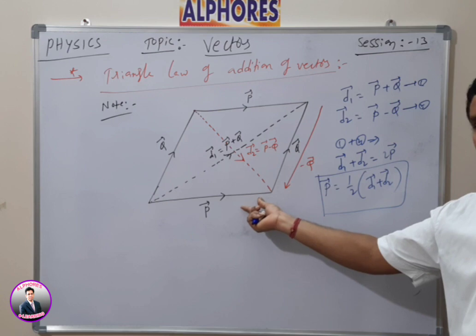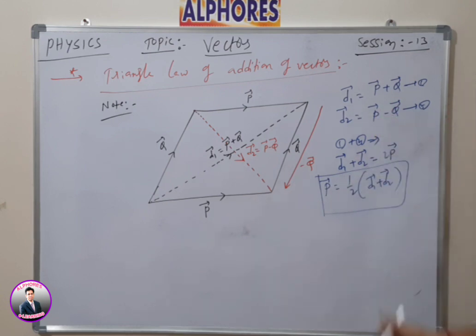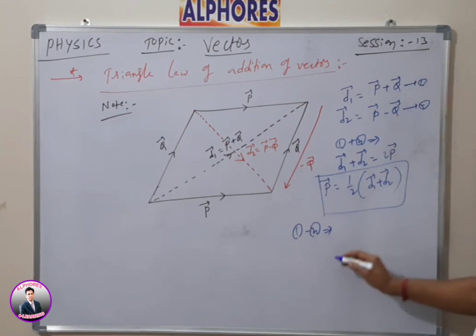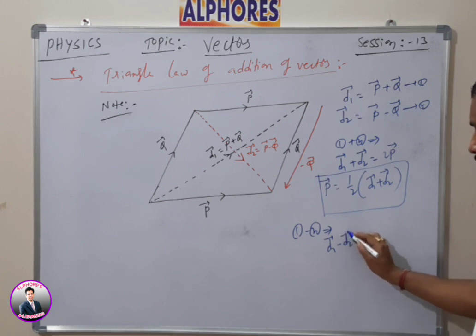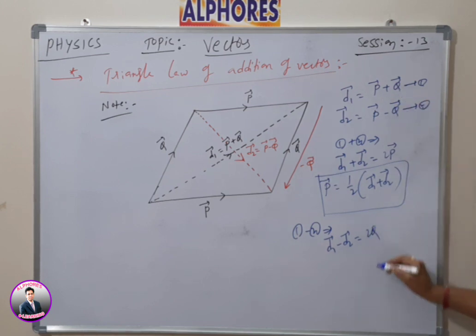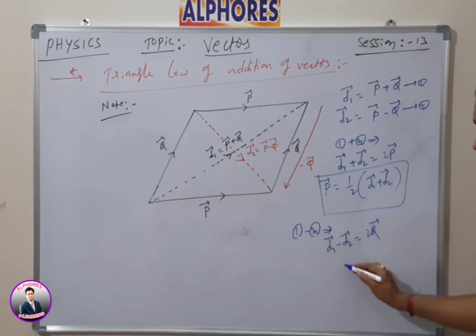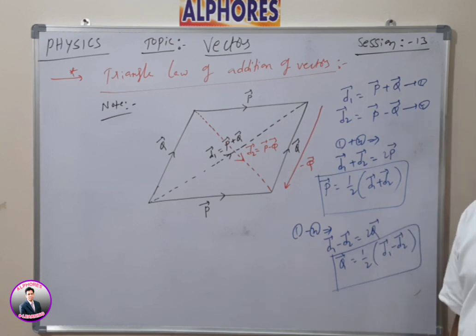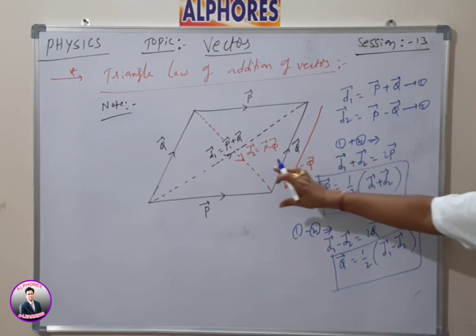This means one side of the parallelogram in terms of the diagonals. I have to find the Q bar also. So 1 minus 2, by taking subtraction of both equations: D1 bar minus D2 bar. P bar gets cancelled, and Q minus of minus Q gives 2Q bar. Therefore, Q bar is equal to 1 by 2 into D1 bar minus D2 bar. So these are the individual values of the two sides of the parallelogram, P bar and Q bar.